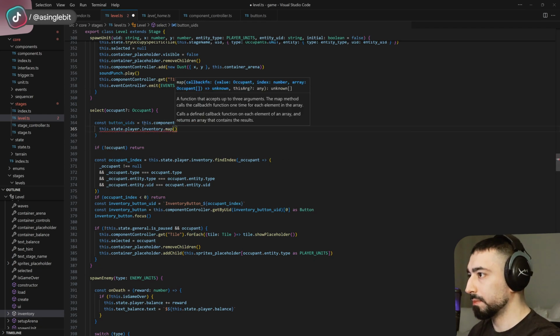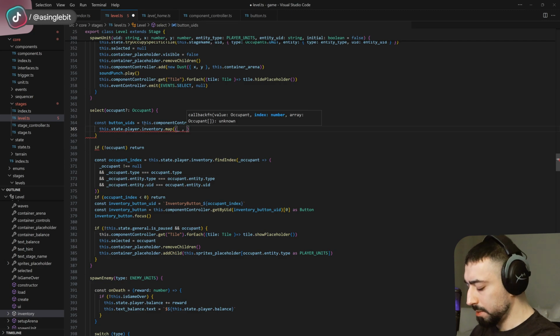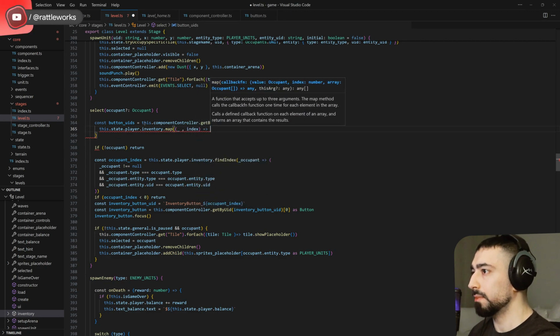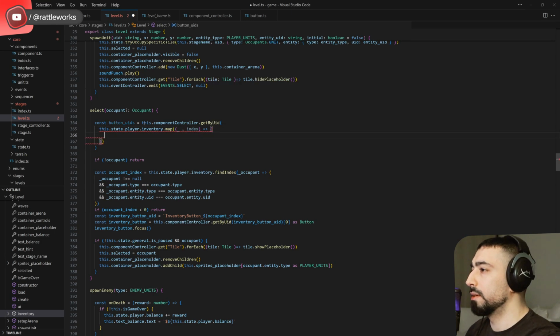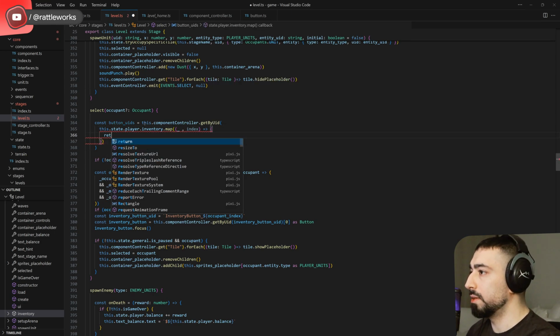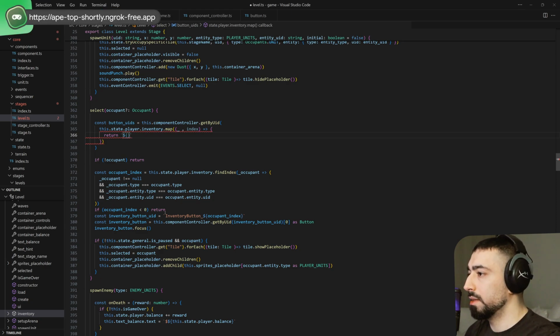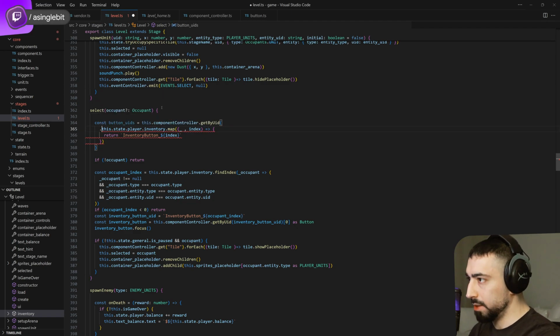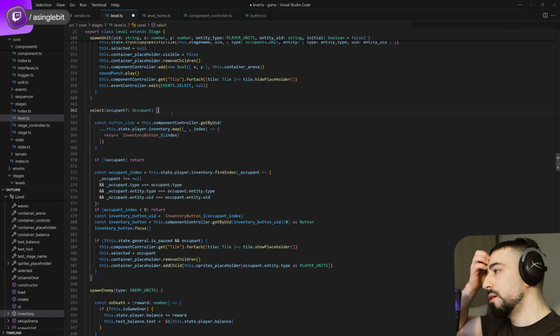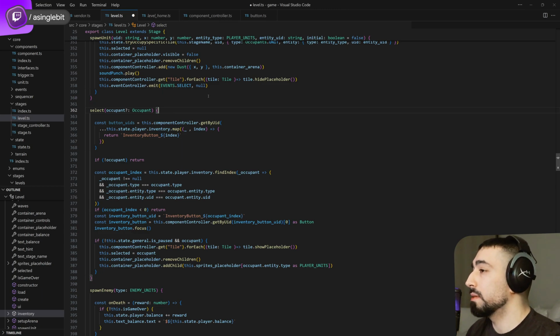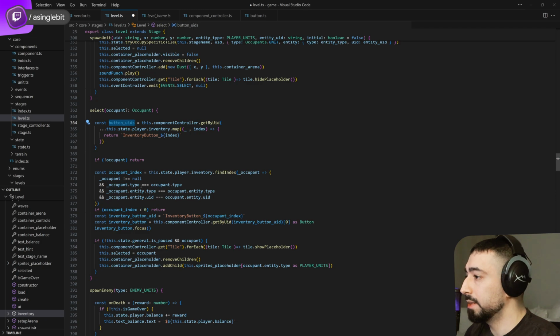I'm going to convert them to IDs. And we don't need the first element, but we do need the index. And we are going to return this guy. And we want to spread this stuff because it accepts multiple strings. So now we have all of the IDs, and